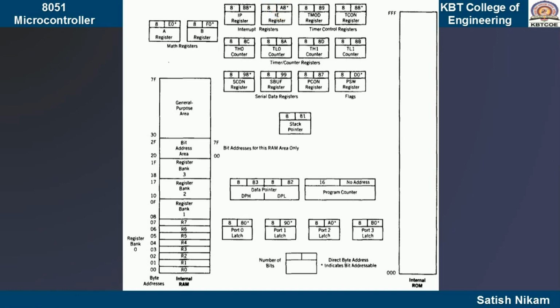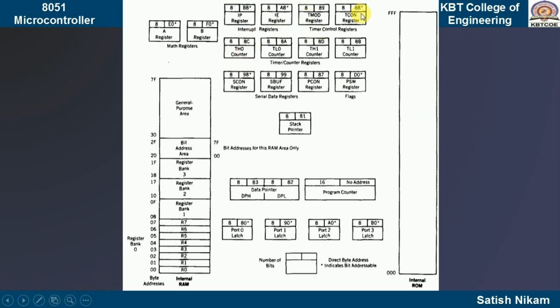Now suppose there are 5 interrupts, and out of them, 2 interrupts occur at the same time. So which is supposed to be executed first? By default they have some priorities, but we can change the priority. If both interrupts occur at the same time, I want this one to execute first and this one later. That type of priorities you can set, and for that purpose we have one register, that is the IP register.